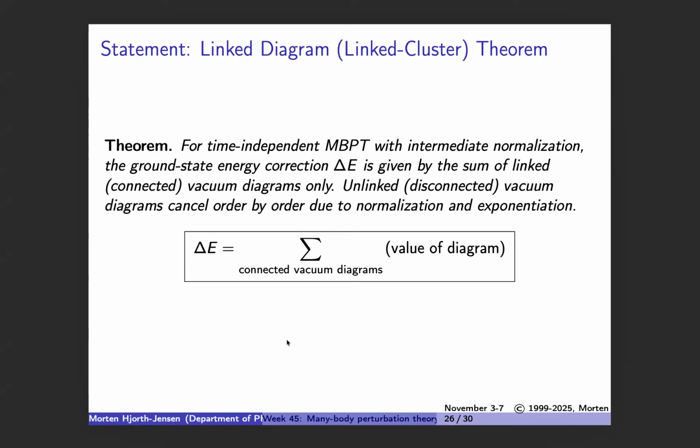Because in the second midterm, we're actually going to calculate contributions to perturbation theory to a given order. And we are going to compare these contributions with exact diagonalization. Hopefully that gives you a little bit deeper insight about what many-body perturbation theory is doing. So it's a recipe where order by order you can get an approximation to the exact coefficients you get from diagonalization. Okay, so let's now jump into the whiteboard